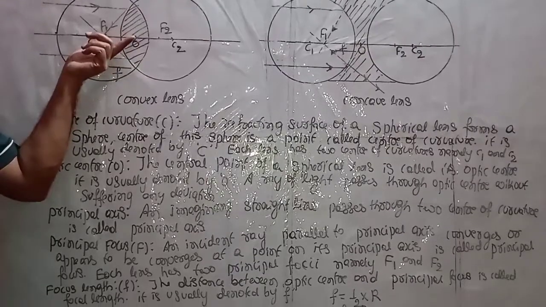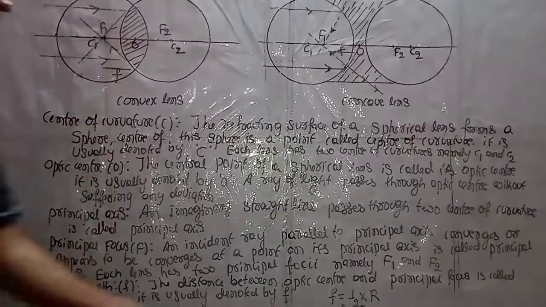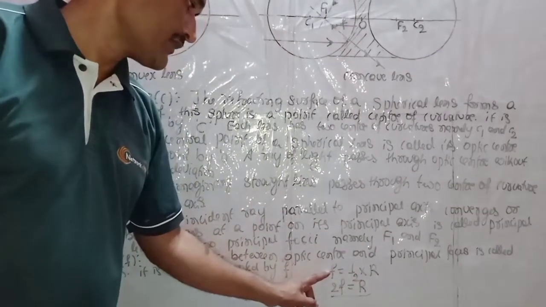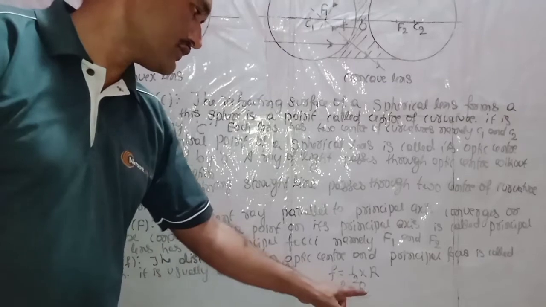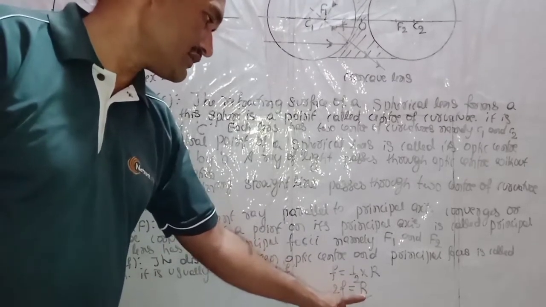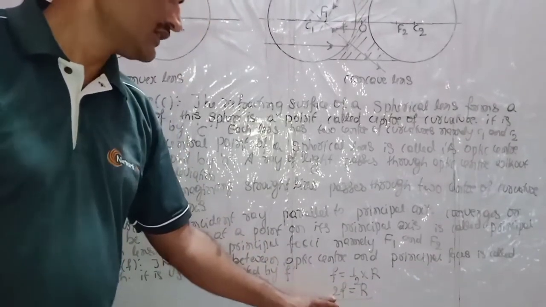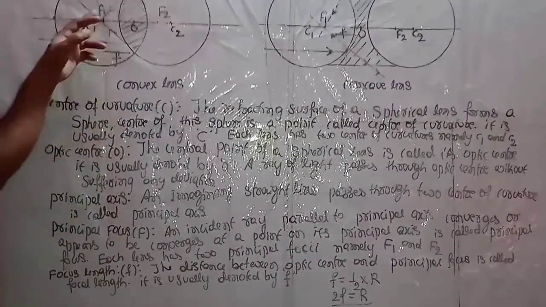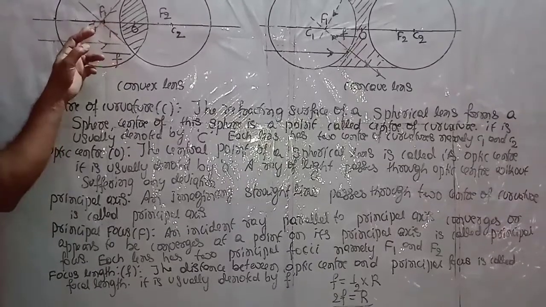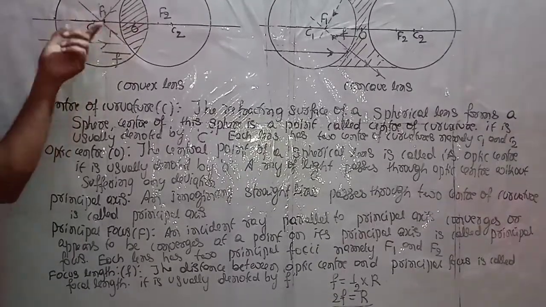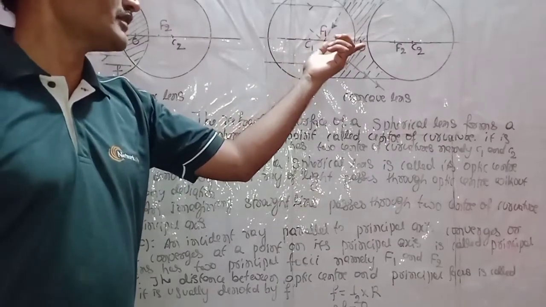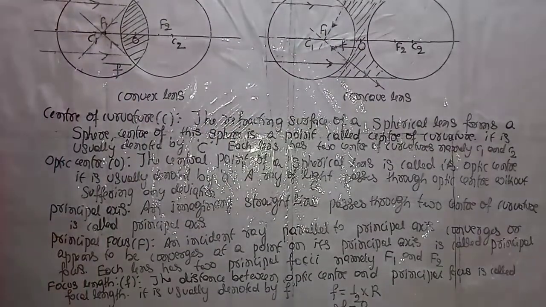Its half will be focal length. So focal length f is equal to half of radius of curvature, or r divided by 2, multiply with the 2, so you get 2f is equal to r. That is, radius of curvature is equal to twice the focal length, or focal length is half of radius of curvature. It means focus is always the midpoint of radius of curvature.